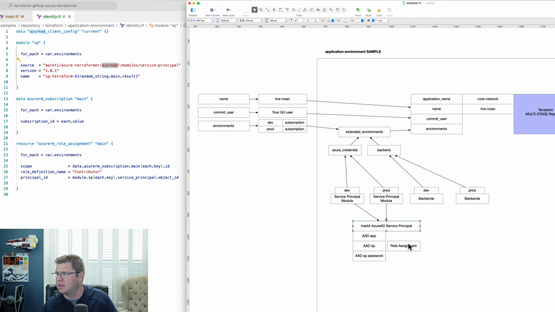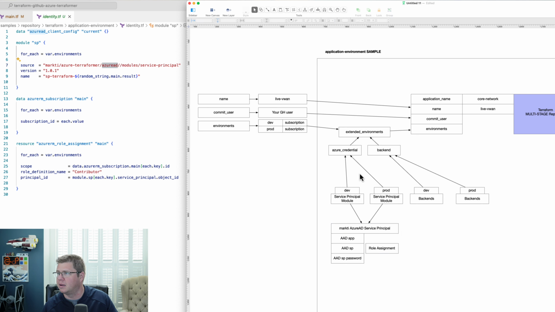Okay. That's going to connect this particular service principal to the specified subscription. So if it's the dev subscription, we're going to create a service principal that has access to the dev subscription. If it's the prod subscription, we're going to create a service principal that has access to the prod subscription. This keeps